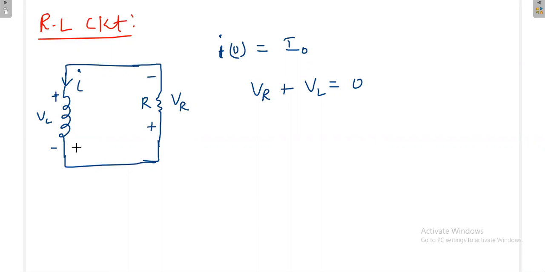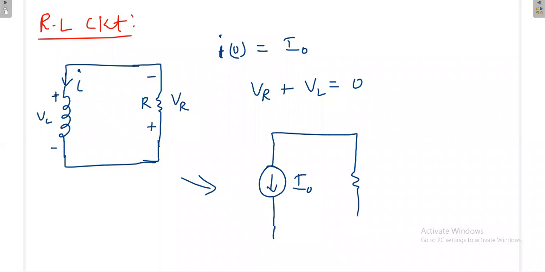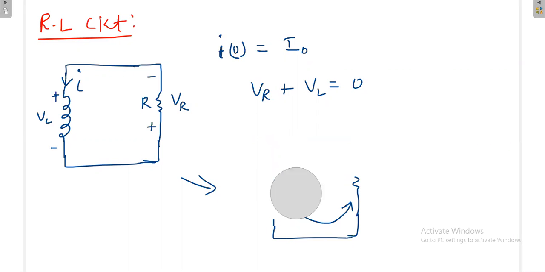I think we made one mistake here. Conventionally, the current was flowing like this previously. Say this is the I0 current during the switching. Then the current cannot reverse the direction. Actually, the same current will be flowing like this, but it will be decreasing. Okay, we'll analyze and see what happens. We'll go by procedure first.